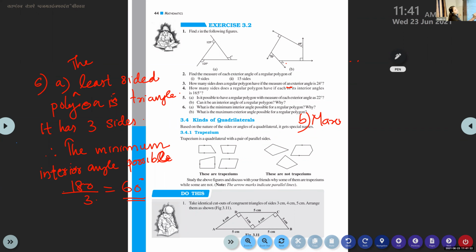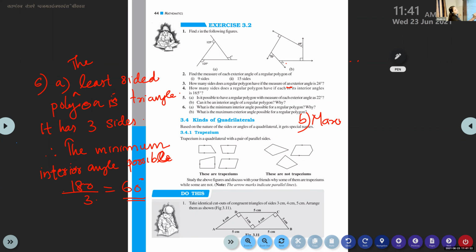Like today, tomorrow's class, next day's class, we are studying these kinds of quadrilaterals. There are some specialities, how quadrilaterals are different. All these I will send as a slide to you. In the class I will explain, but for drawing you will take time, so I will send it in the evening. Whatever I am sending, whatever I am telling, everything you have to write in the notes. Okay, ma'am.